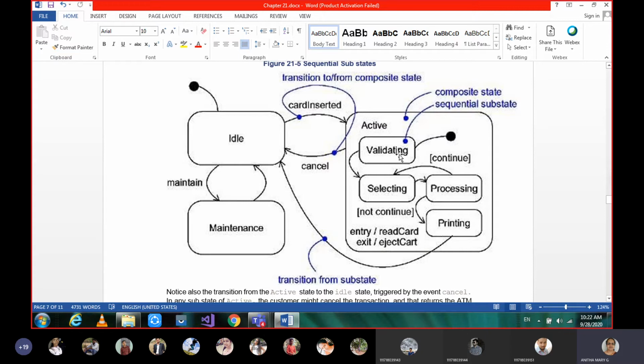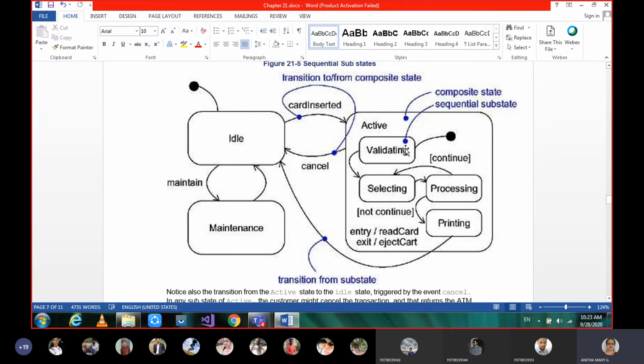So why, after validating, does it move on to the start state here? The active state starts only when it is validated. Unless your card is valid, you give your PIN and all, no. Once it is valid, only then can you do this process.